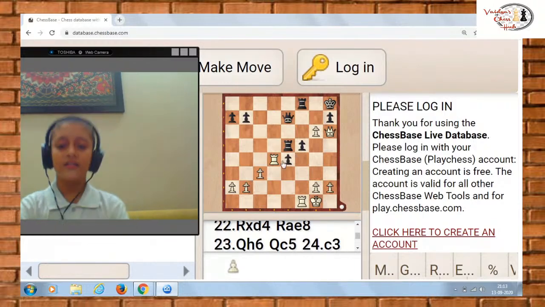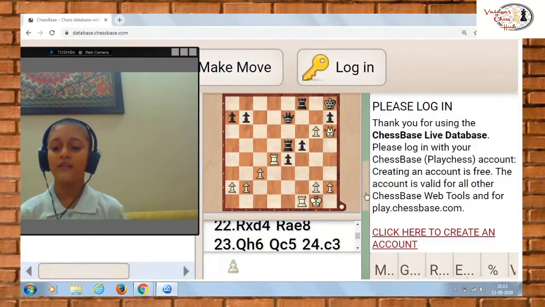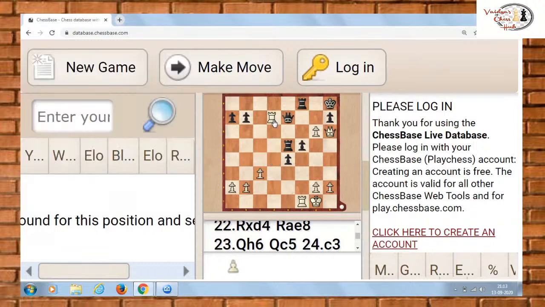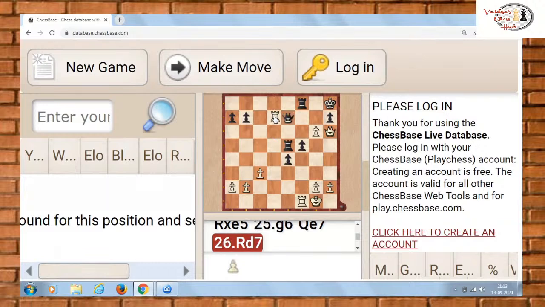As we can see here, white has a queen, 2 rooks and 6 pawns, and black has a queen, 2 rooks and 5 pawns. So here the solution is rook d7, as here the rook is attacking the queen, and after the queen moves there is this threat of checkmate. So let's see all the variations of this. If queen takes the rook, then there is this checkmate,